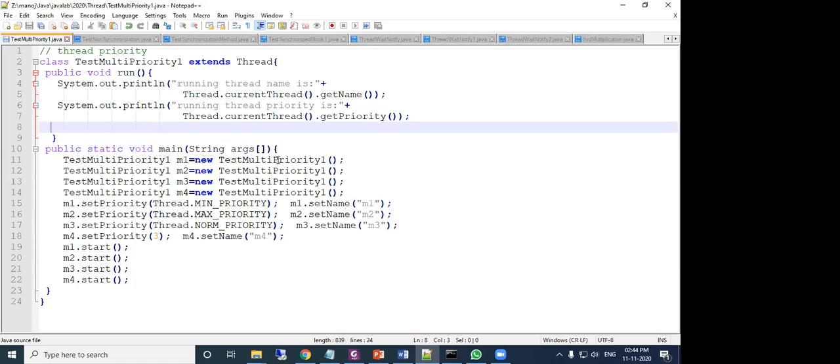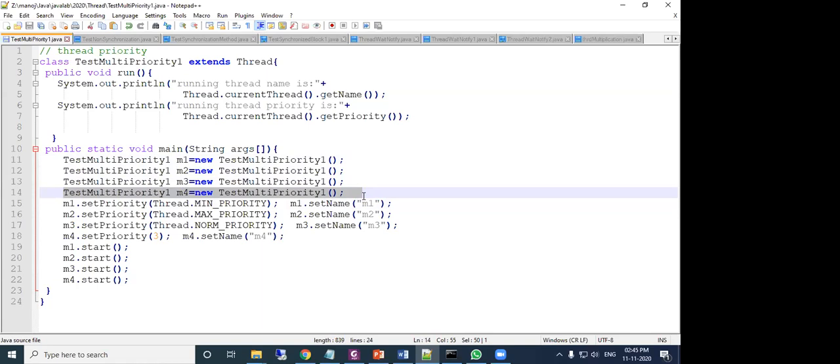Now M1 reference is created, M2 is also there, M3 is created, M4 is created. These are written for creating the objects of TestMultiPriority1. And remember, the TestMultiPriority1 class is inherited from the Thread class.